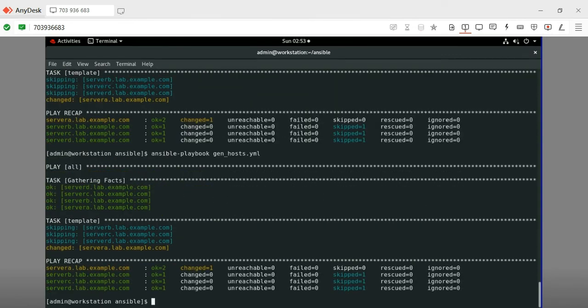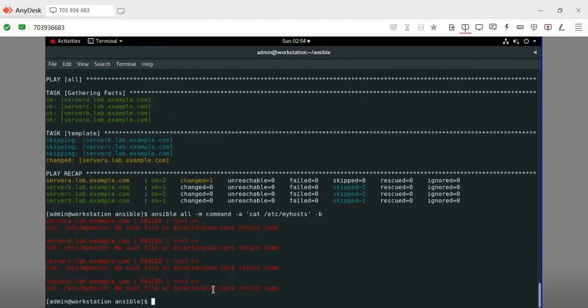Yeah, absolutely, and you can see ansible all -m command module. You can use shell also. -a argument and then cat /etc/myhosts file. I'm running on all, but this will show on the B only. One second, cat /etc. So it is changed, right? Yeah, but it is not showing the file. Why? Because